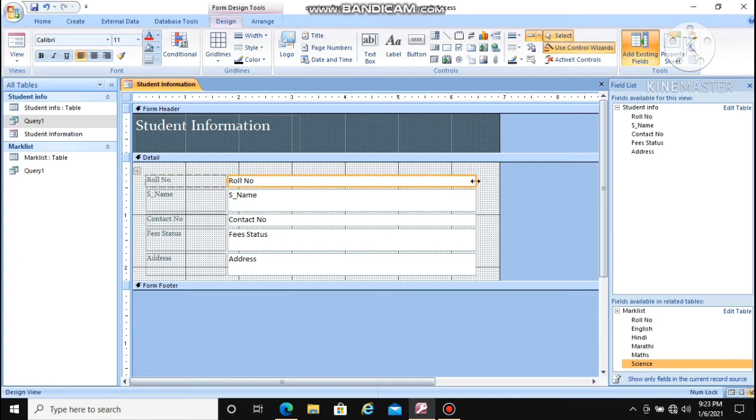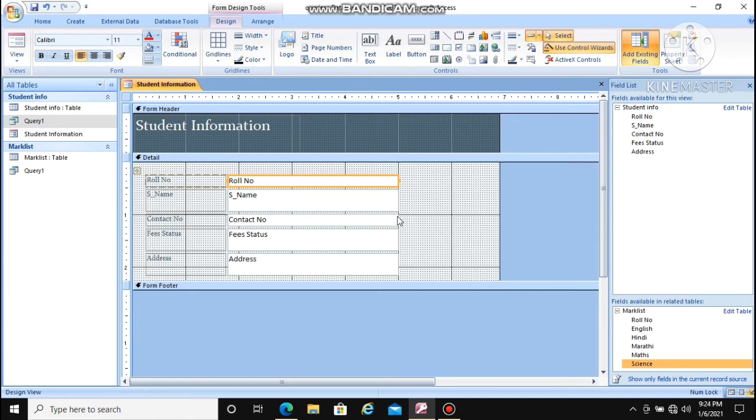Just select and drag that arrow. See, we have decreased the size of that text box, right?